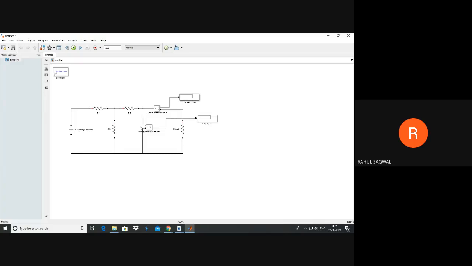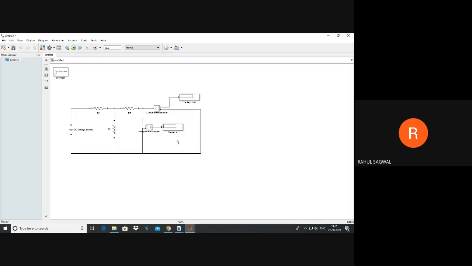So for calculation of short circuit current, first of all, remove this load branch, make a short circuit here. So you have removed the load, created a short circuit. So you'll be observing its current here. What will be the value of voltage displayed here?